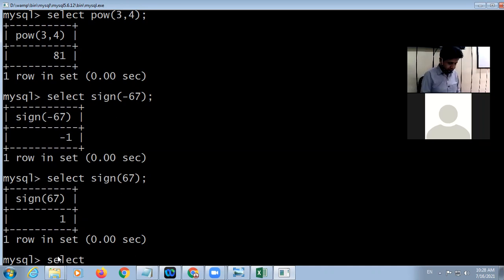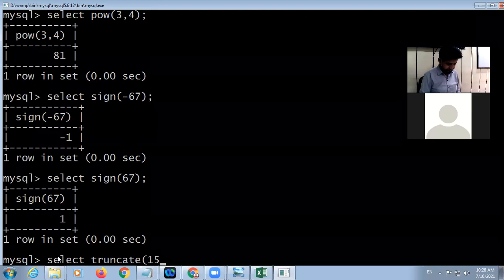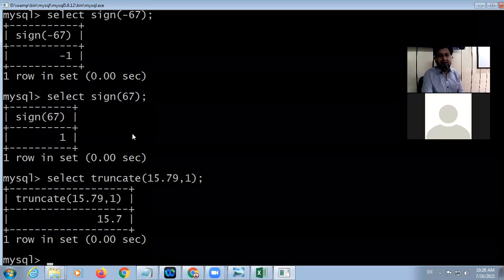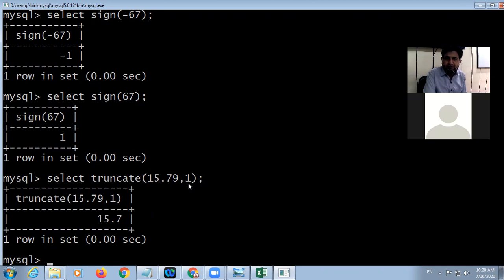Select truncate. Okay beta, it will display the decimal value up to the number of places we want to see. Suppose we want to see decimal value 1, then the answer will be 15.7.